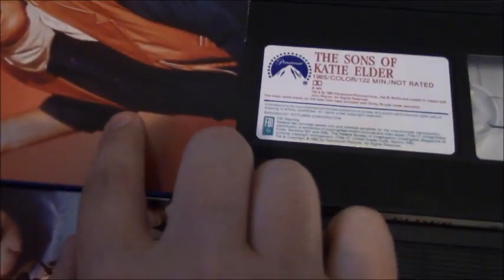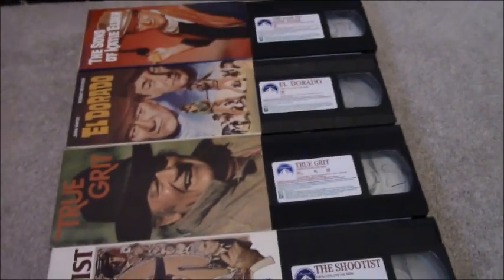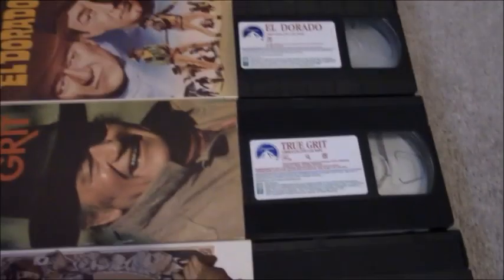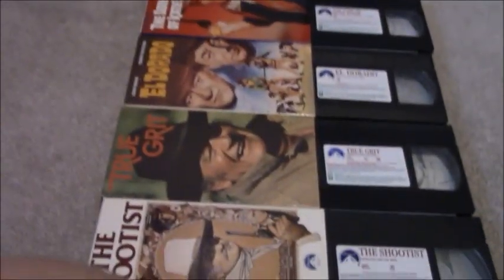That might also explain why one tape was factory sealed, but the other 3 tapes weren't. So yeah, maybe whoever donated this to Goodwill had extra copies of these movies and got the tapes mixed up. That could very well be the case. But either that, or this is probably a 1995 reprint of this box set, but only one of the tapes was reprinted. I don't know, but